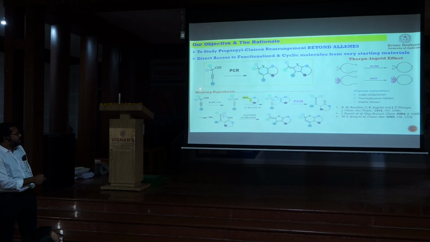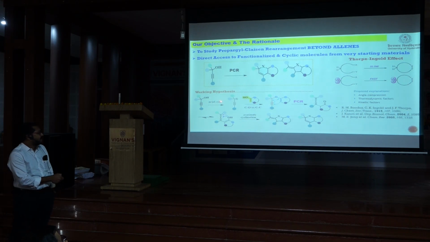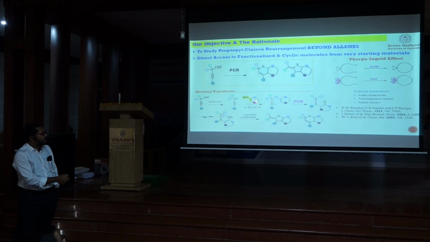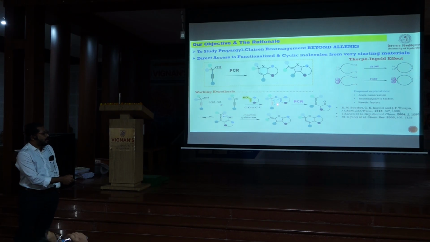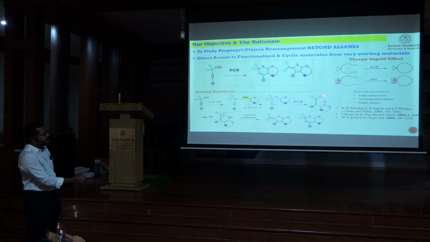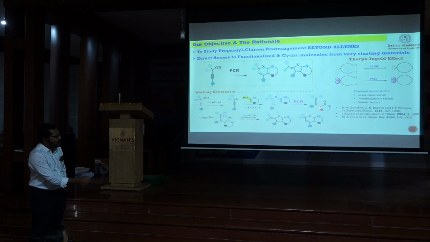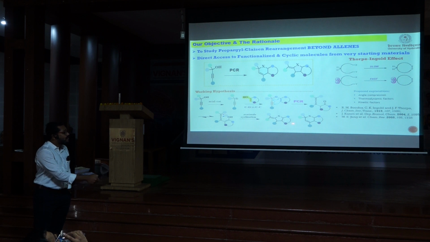The idea is that once we have this propargyl alcohol, under the influence of an acid catalyst we generate a propargyl cation, and if you have an enol of this sort, of course there is C-O bond versus C-C bond formation. If you consider C-O bond formation is happening, then you have a propargyl ether that is formed in situ, and then this undergoes 3,3 sigmatropic rearrangement to give you the propargyl-Claisen rearrangement. Now since there is an acidic carbon over here, the system can in situ undergo enolization, and then the OH can cyclize at sp carbon or sp2 carbon to give a product as shown here.